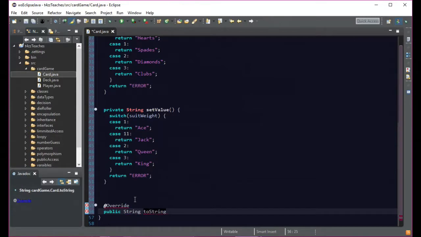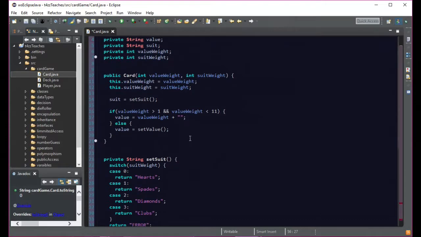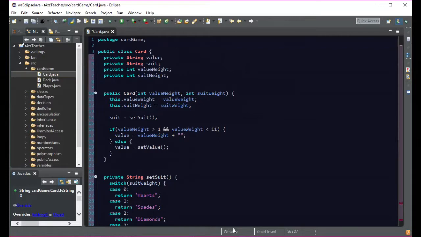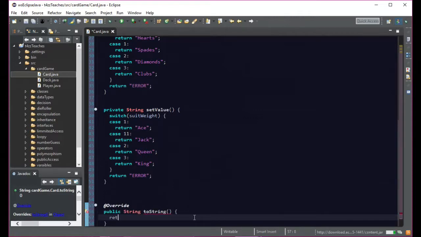So this is a method that is in the main object class, which every class is a member of. Even though you don't see it up here saying that it extends it, if nothing is extended by default, it extends the object class. I think we've talked about that before. And there we go. And what we're going to do is say return,